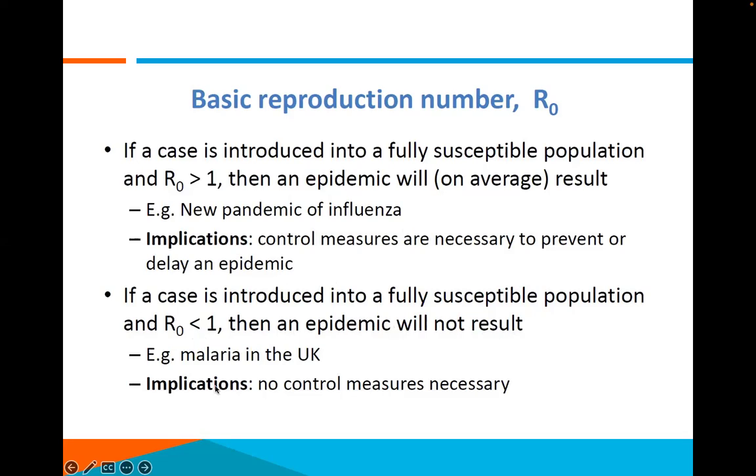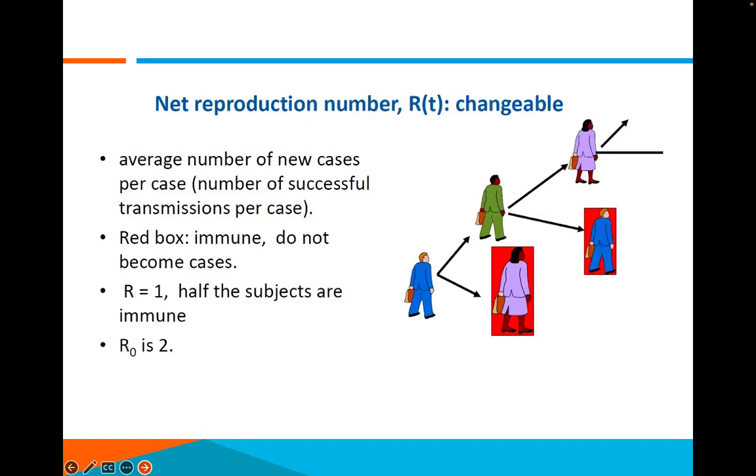And so there are epidemiologists who are always calculating that the R0 in the UK is given by this figure. And so there's no way malaria can become epidemic in the UK because it's always being controlled. Let's look at the net reproductive number after some people have been